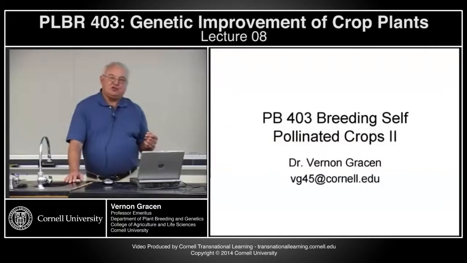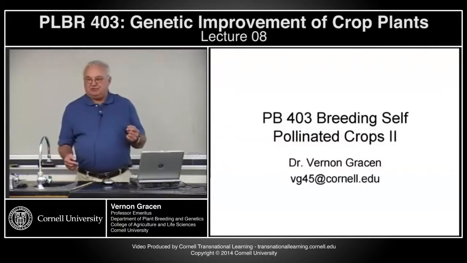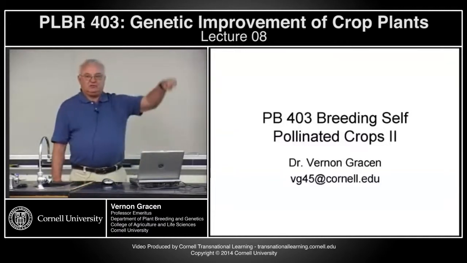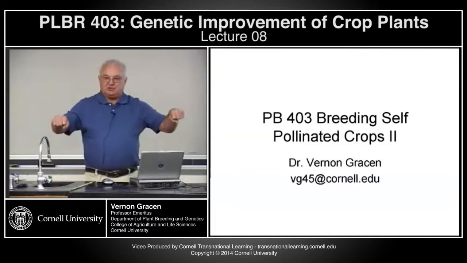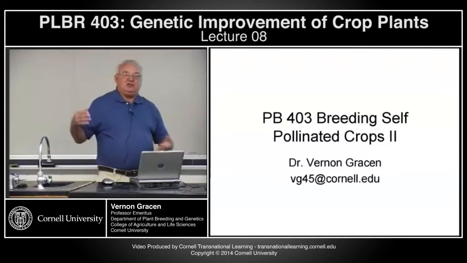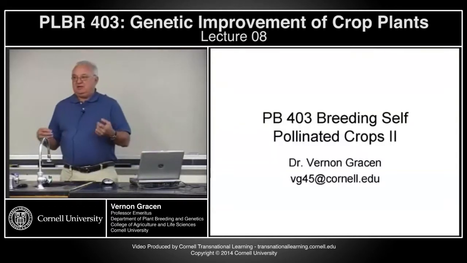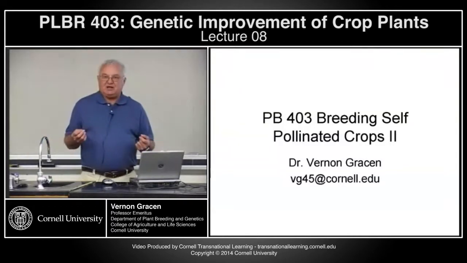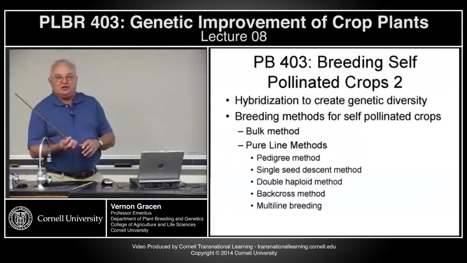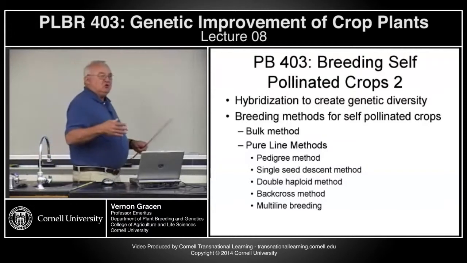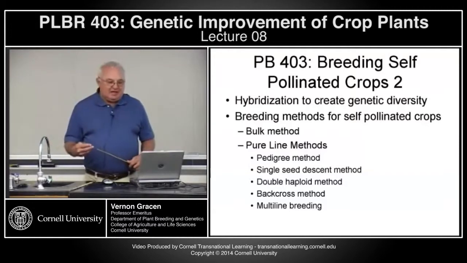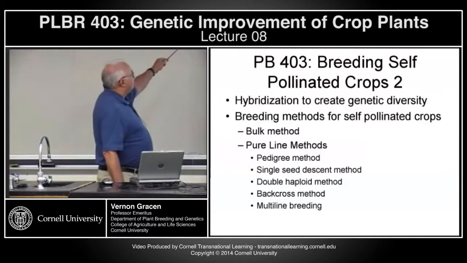Done was give you an introduction to the concept of breeding self-pollinated crops using either a bulk selection method or a pure line selection method. And I was going to talk about in early generations or early breeding programs for self-pollinated crops. You could do that very readily because there was enough variation, useful variation, present in land races. So what we'll do is we'll pick up today to point out, and then we'll go through the stages,